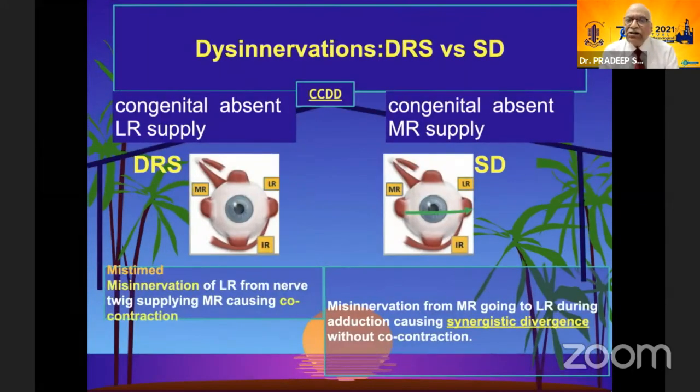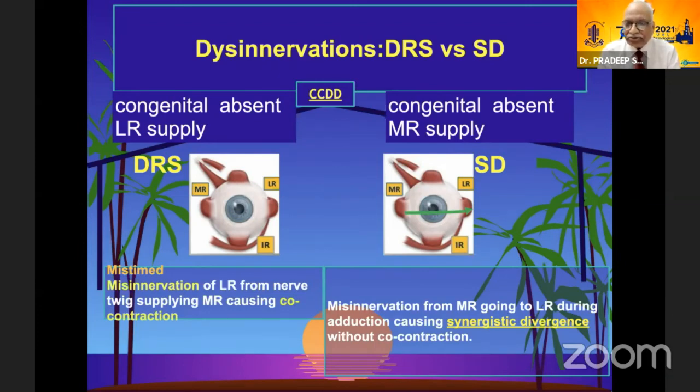The same misinnervations are the hallmark of the congenital cranial dysinnervation disorders. Most of these CCDDs have a primary misinnervation, a lack of innervation coming to that nerve and muscle, and a secondary misinnervation in the form of an aberrant innervation which is happening. A classical example is Duane's retraction syndrome, where you see the paradoxic innervation which is coming to the lateral rectus